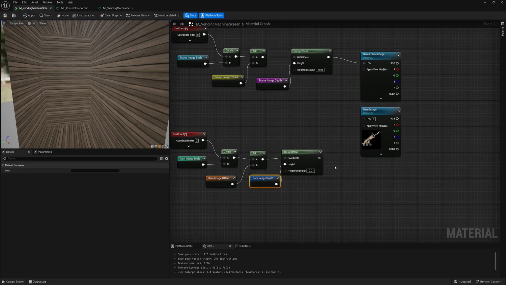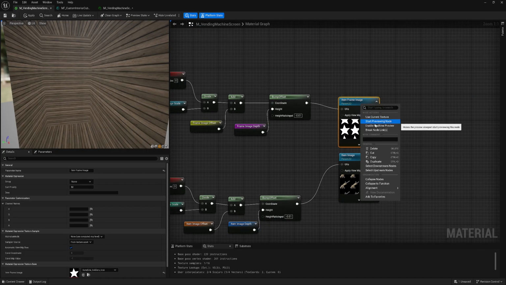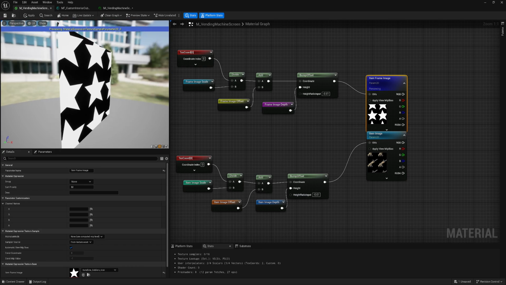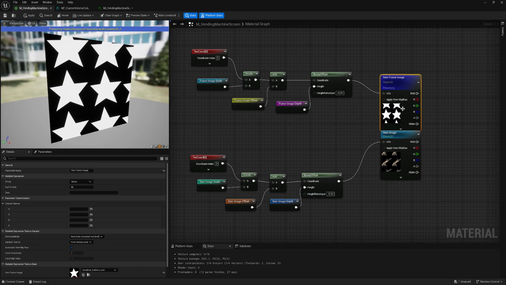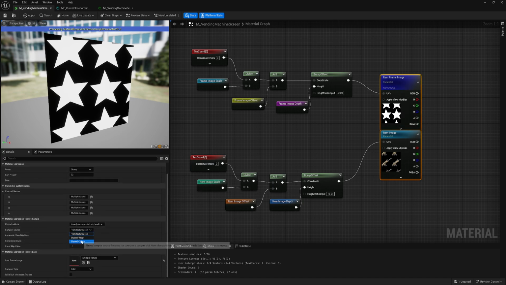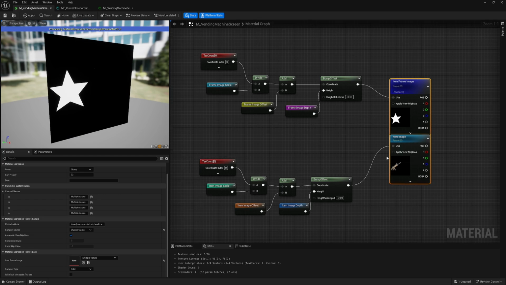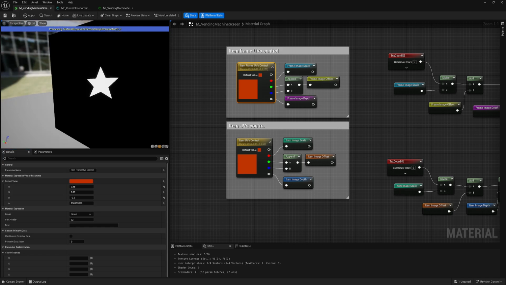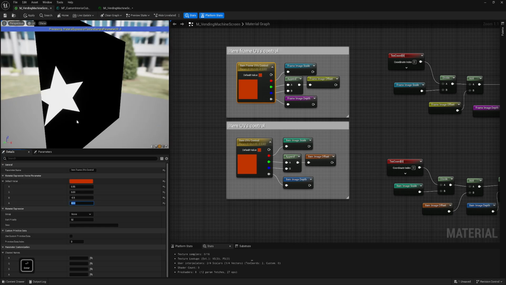Then this into UVs, and this into UVs. If I preview that, we have many of the stars and weapons. What we need to do is select both these nodes, go into the sample source and set it to clamp, so it means it doesn't repeat. If I now increase this number, you see it makes the star go far away. So 60 is fine.